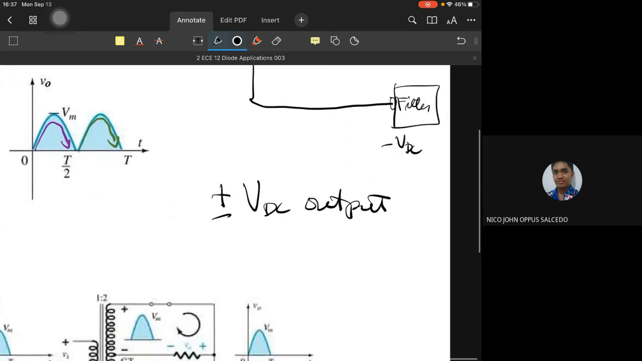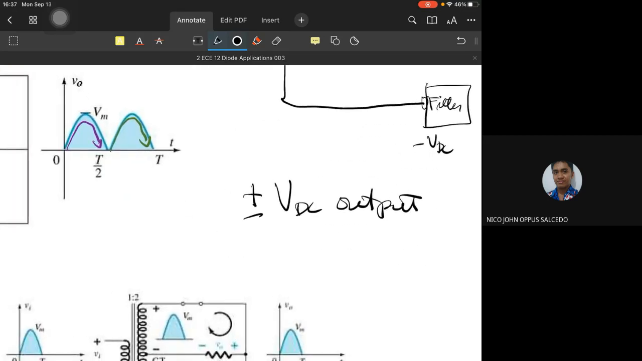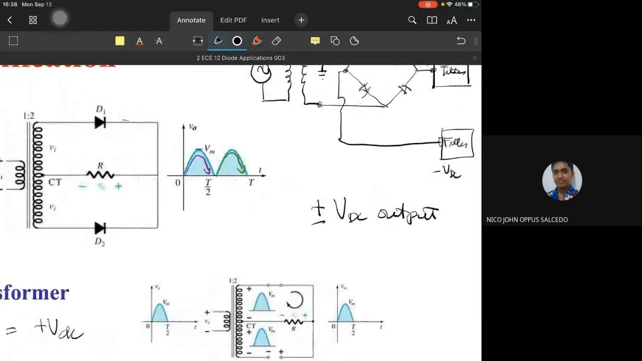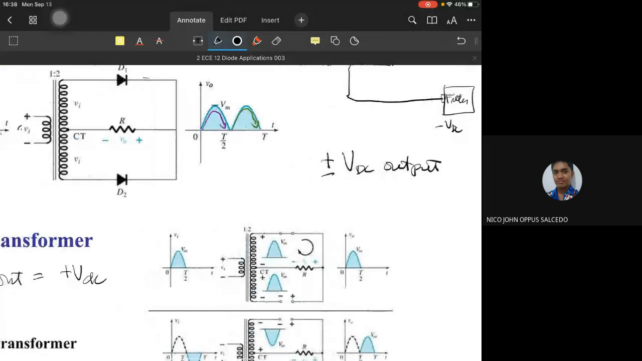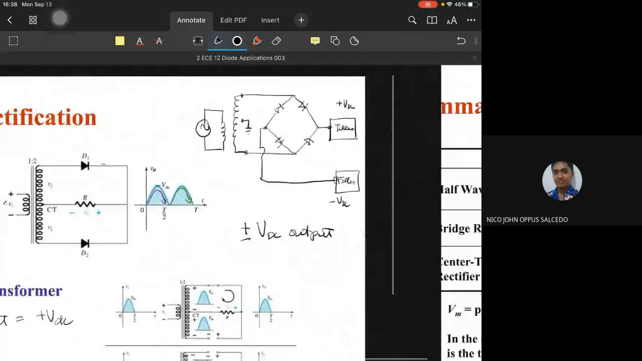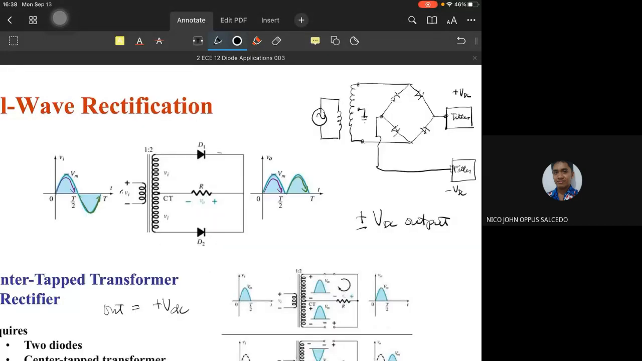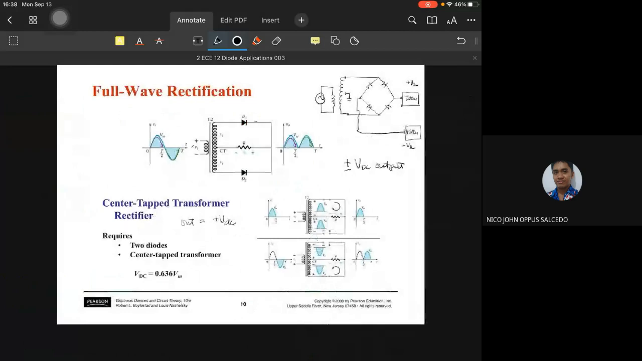I'm not sure if our chargers require plus and minus, or if they have a negative DC voltage output on the pins of the USB cord. But one example of this is, let's say,